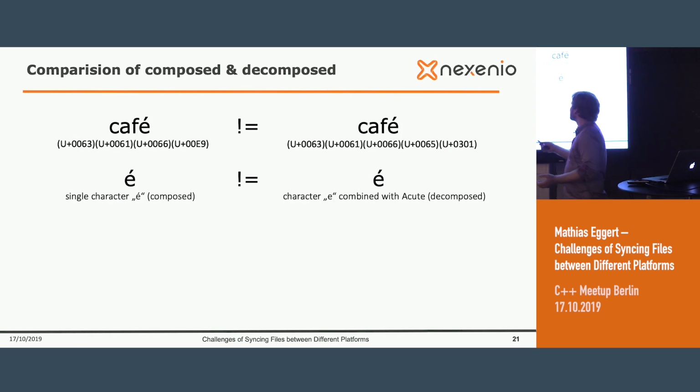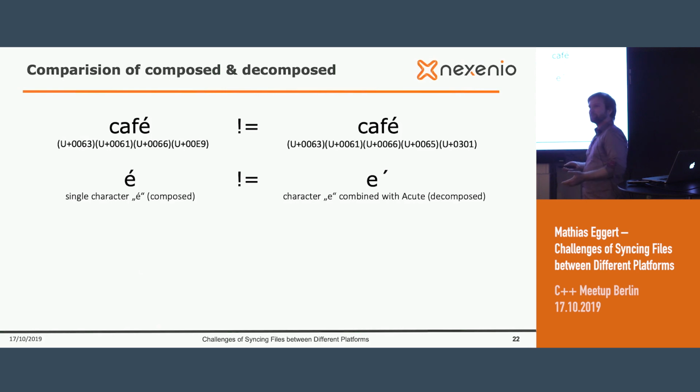And on the right side, you see it's a combination of two Unicode characters: the normal E character combined with the acute Unicode character. I will now show you this like this. Normally that would be combined, but to make it clear what I mean, I separated them.